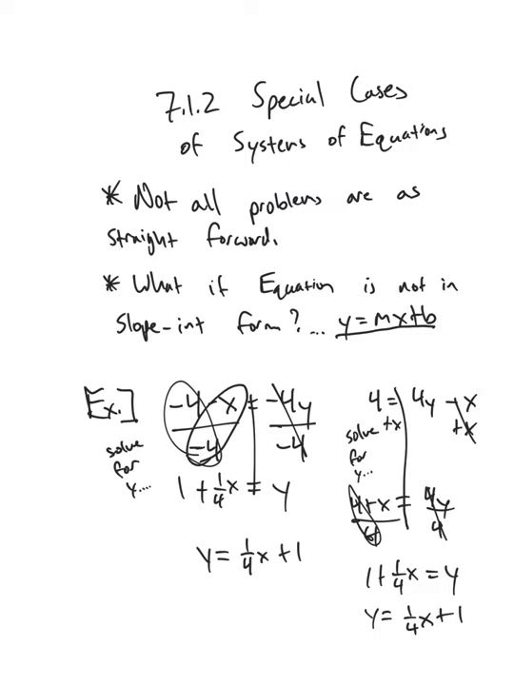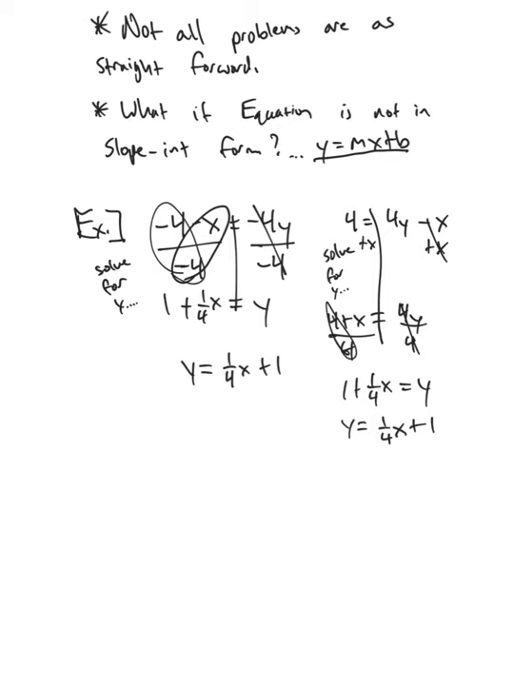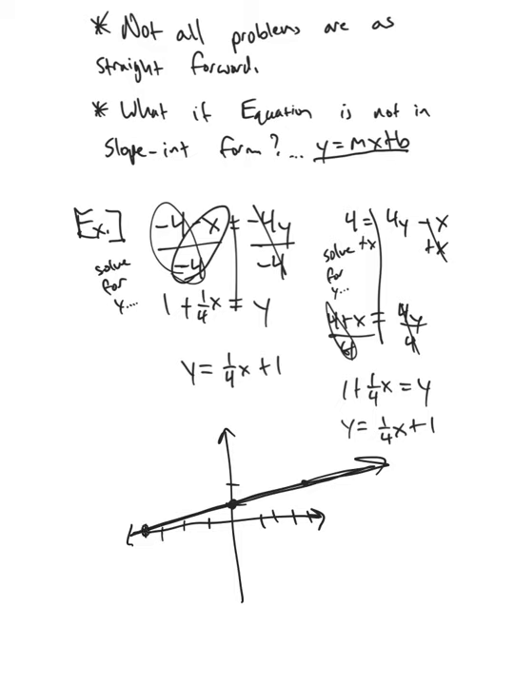Okay? They're the same equation. So what happens if we graphed them? What happens if we graph where we have a y-intercept of 1 and we have a slope of 1/4, okay? No matter how we graph it, it's the same line. All of the points on this line are solutions, okay? All of the points on these lines are solutions. So this, we would say, has infinitely many